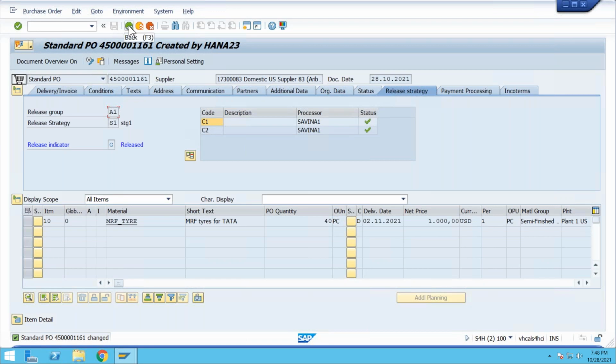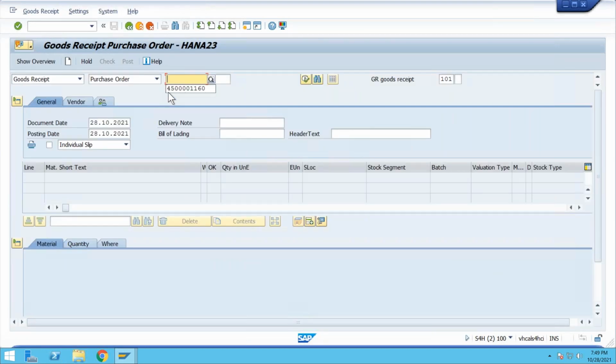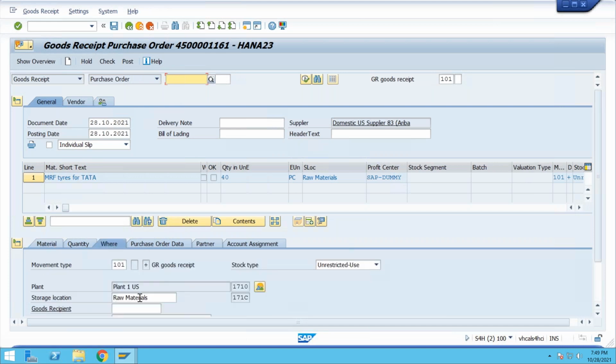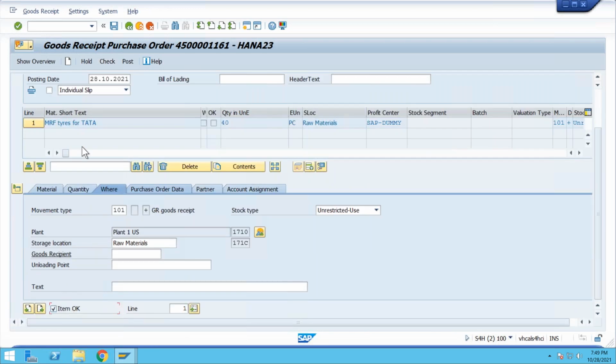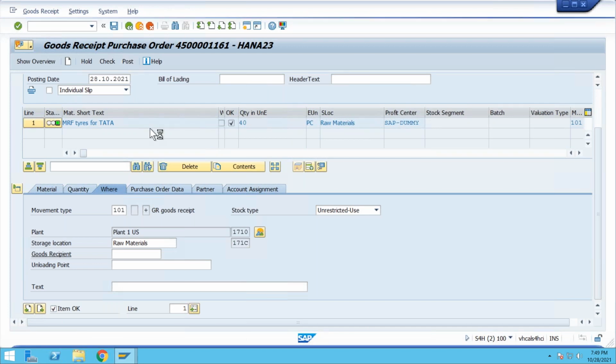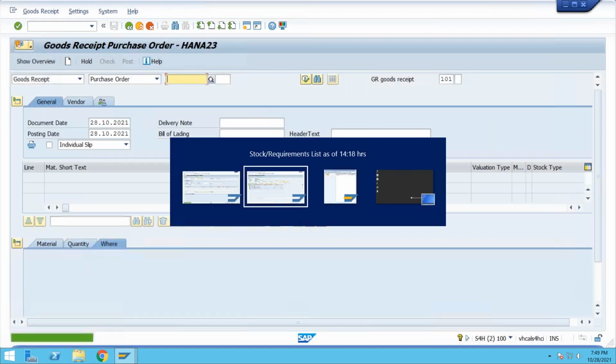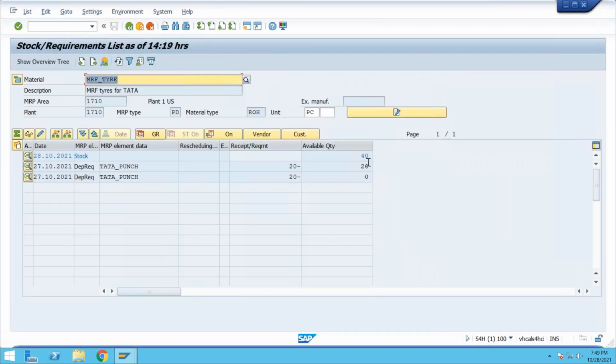Okay, this is saved. Now jump into MIGO and copy this. Everything is correct. Raw material is automatically there. Just click on item, check, and post. Now if I refresh, I got the stock which is required, exactly 20 plus 20, 40. Now we have the engine and we have the MRF, so we can go ahead with our